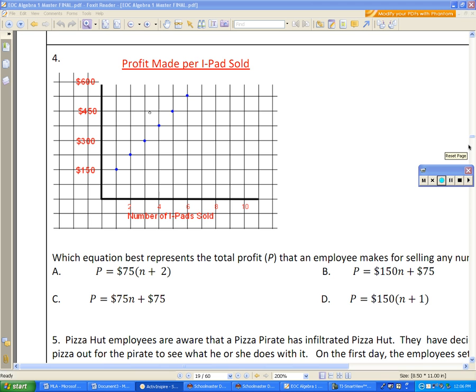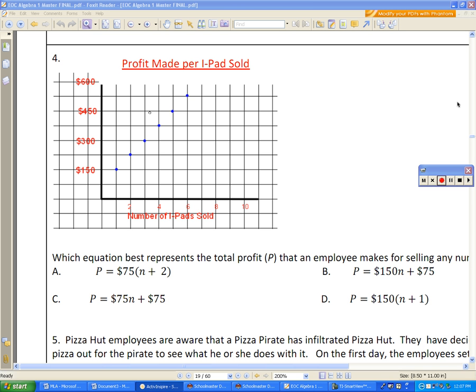Okay, so this one right here, now we have some data that's supposed to be based on iPod sales, iPad sales, and it looks something like that. Which equation best represents the total profit P that an employee makes for selling any number of iPads? So that is a linear function, correct? Correct. Okay? So that's going to be in the form of y equals,